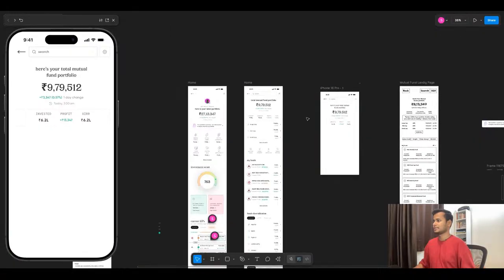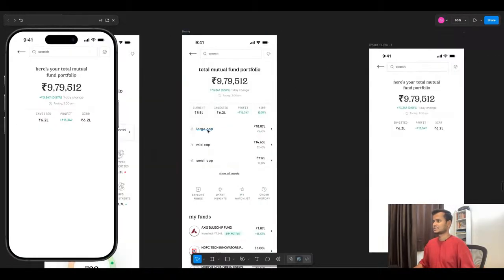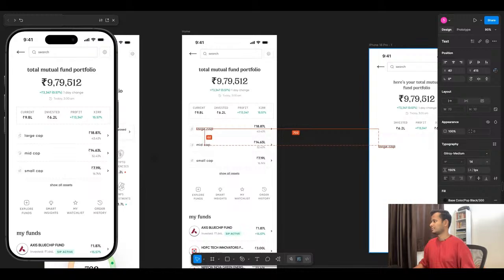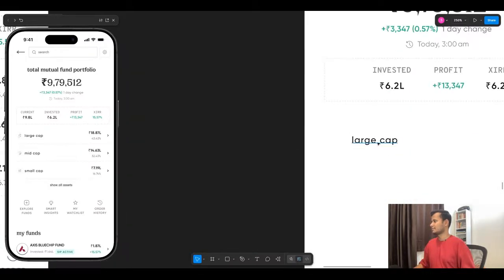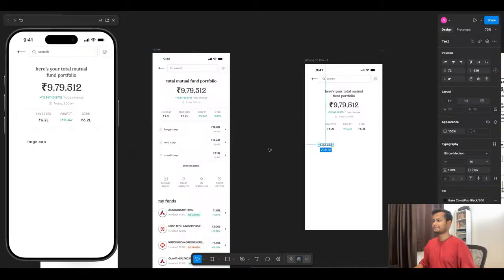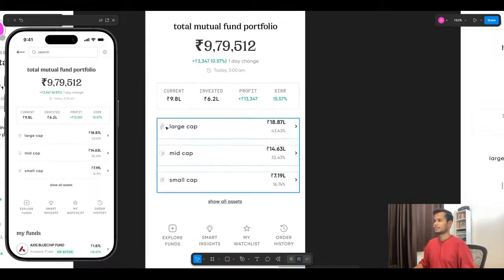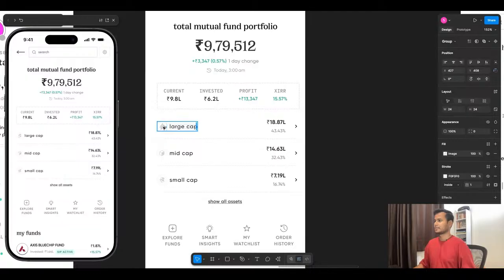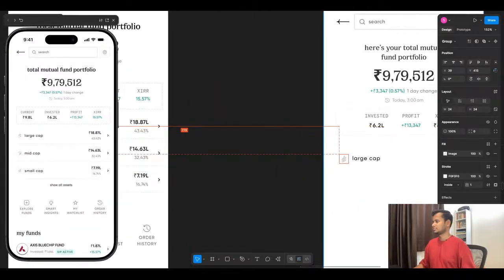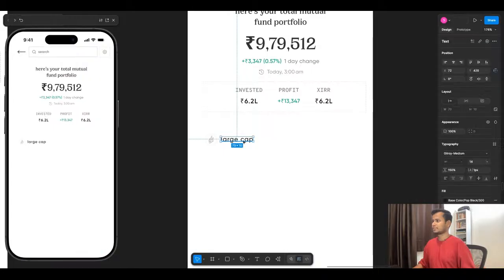So how we will see it here is, let me create it from scratch. We have a label here, then we have one logo here. Okay, let's keep these two, and we'll create from here. Let's duplicate it, then duplicate it again. So this is large cap, then this is the value. Okay, total is 9 lakhs. So let's put it as maybe 4 lakhs, 3 lakhs,